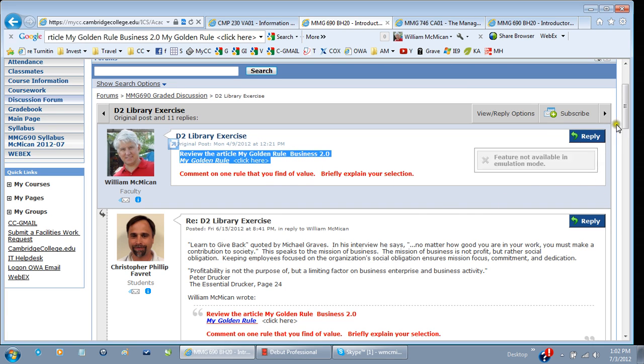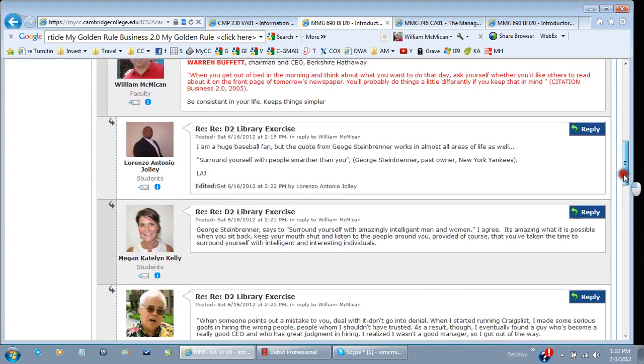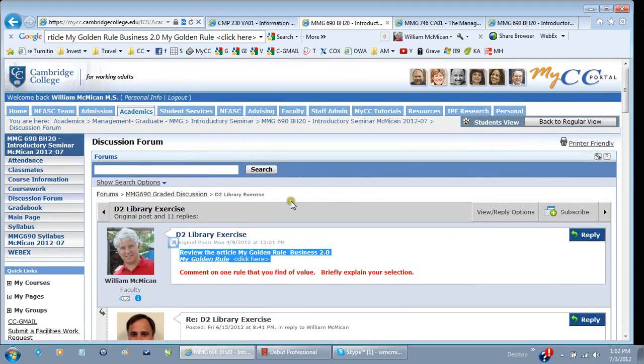And so each of the students here has commented on that article. When you're in this, you always want to remember to check your view reply options. You only have to do it once per course, but if you check your view reply options,